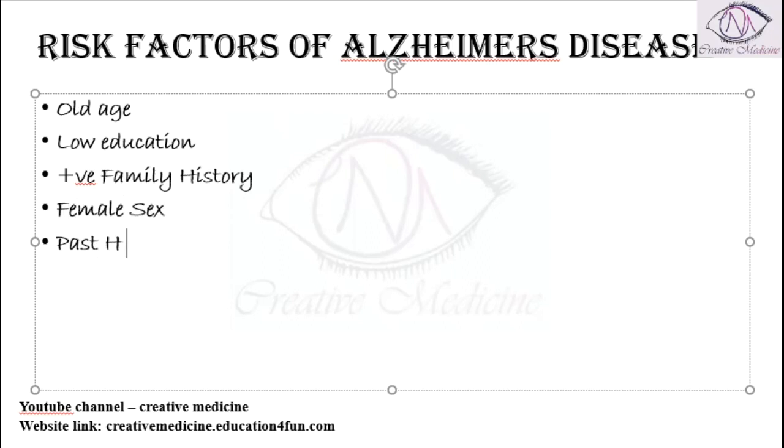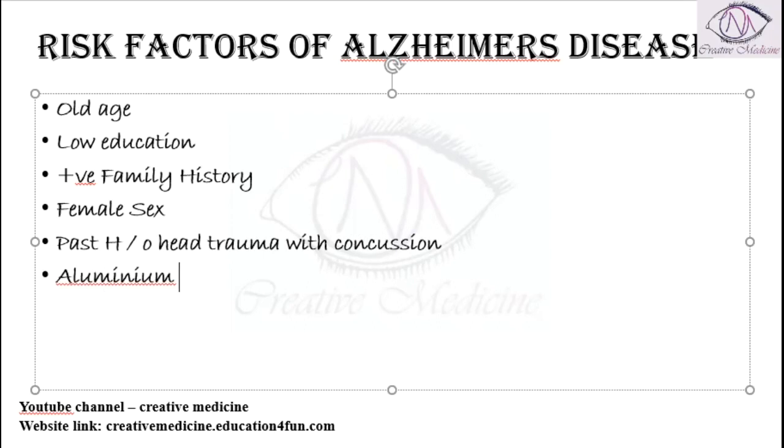If the patient has a past history of head trauma, then he is more prone to have Alzheimer's disease, especially head trauma with concussion. Aluminium and mercury toxicity are also associated with Alzheimer's disease. Then sometimes viruses or exposure to prions can be associated with Alzheimer's disease. And then